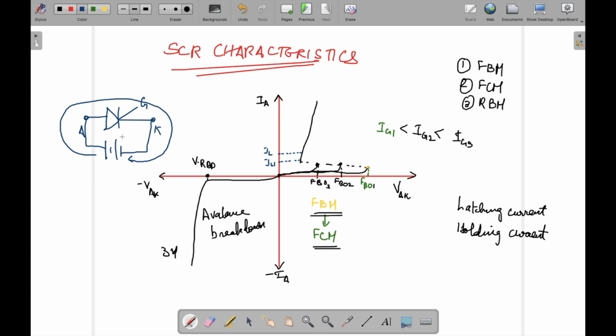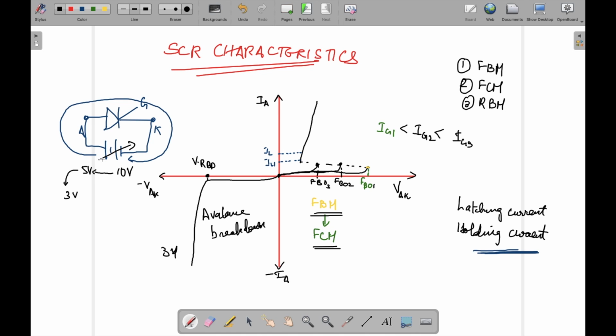Now if we talk about holding current, the reverse happens. Now I have released the gate. The condition is I have started conduction, I have reached the latching current, current is flowing, I have it operational. Now what I'm going to do is reduce this voltage that I have here. Assume this is at some 10 volt. I am slowly reducing it, bringing it to say some 5 volt. Still conduction is happening. I am reducing it to say 3 volt.